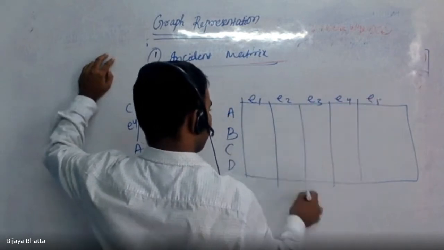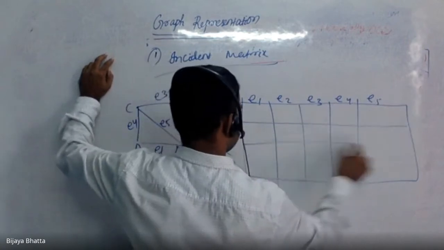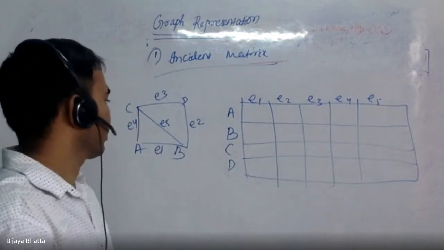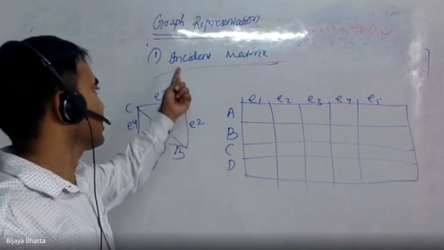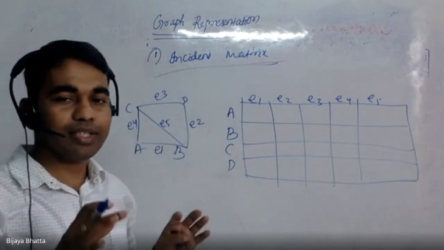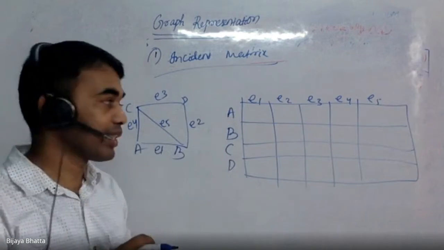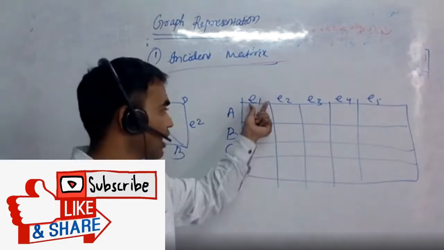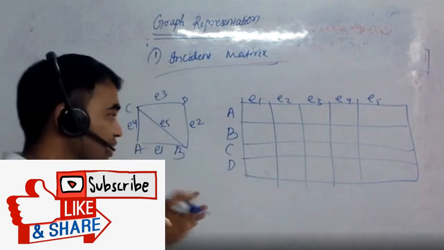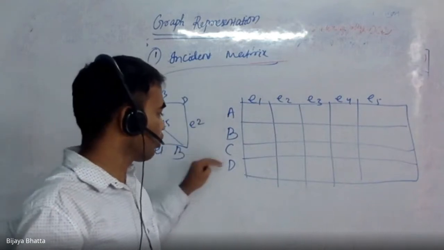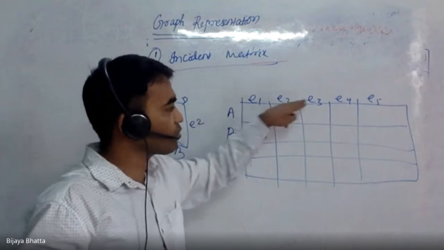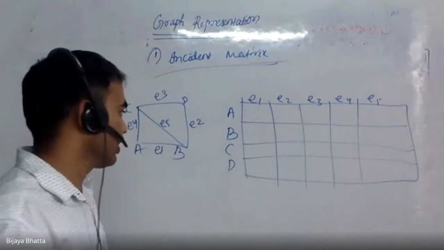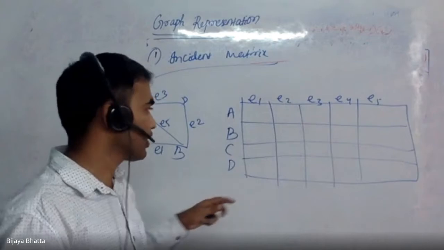So the difference is, okay, incident matrix, right? So let's discuss this. It is similar to the adjacency matrix, but in the adjacency matrix, if you remember, we were taking A, B, C, D in the rows and also in the columns. But here there is a change. I'll take the vertices in the rows, but in the columns I will take all the edges. Instead of taking vertices, I'll take the edges. Then what value will I put? So let's understand.